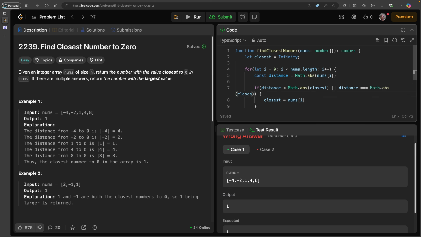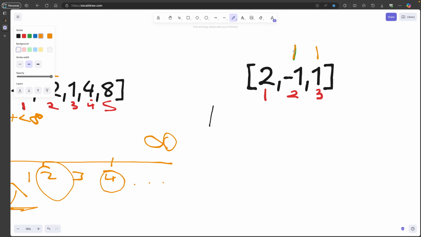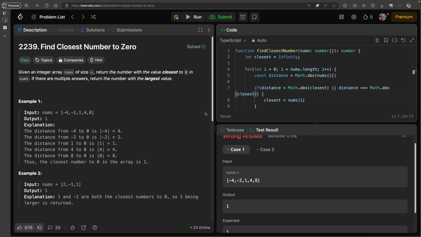So if they are of the same value, as we just saw over here, where the absolute value of this -1 and this 1 are the same, what we are going to do is write an and here. So if they are of the same value and at the same time,